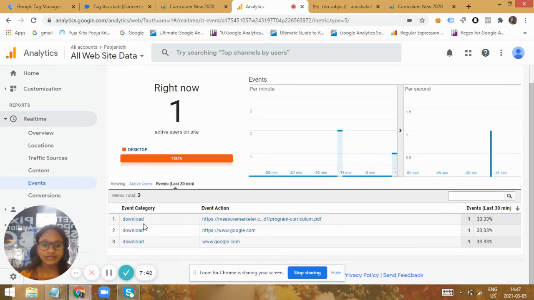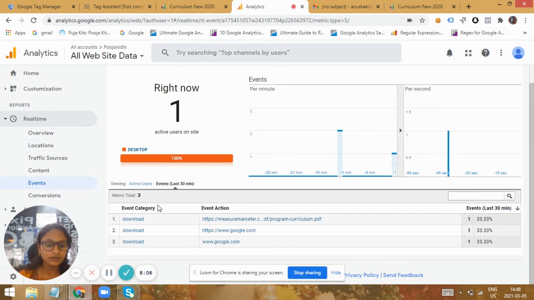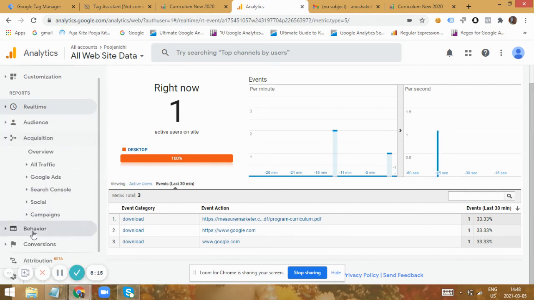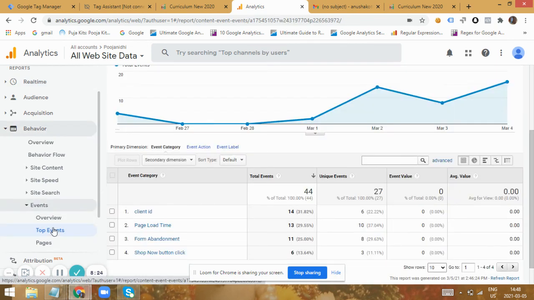So you can see here the event category as download, and the event action is the particular document page that they are redirected to, and we have got it as one event. So you can identify all the downloads that are happening upon any email or any other outbound source link, and you can attribute it to the download category. So in this way you can track it. So if you can see here, this is the download link that they have went, and we have got one event, and this data can be further seen in the behaviors events, and you can identify the number of events that have happened for that particular download.